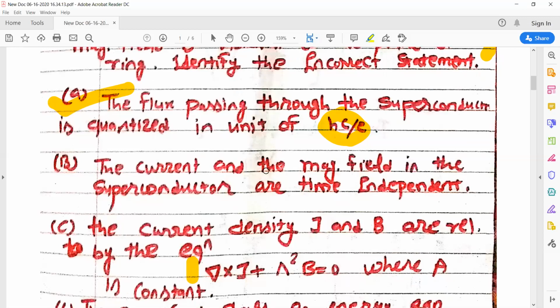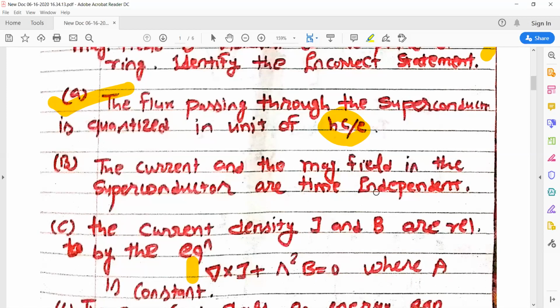टाइम का यहाँ पर कोई नहीं आता है, जैसे हम ऑप्शंस भी देख सकते हैं। नॉर्मली यहाँ पर आपको जो पहले फॉर्मूला शीट मैंने बताया था, वहां पर भी जो लंदन इक्वेशन आपने देखा था, ठीक है, ये सारी चीज़ें लंदन इक्वेशन से आती हैं। करंट और मैग्नेटिक फील्ड का जो रिलेशन है, तो वहां पे हमने देखा था Js इज प्रोपोर्शनल टू द A। ओके, बेसिकली Js इज इक्वल टू माइनस नी स्क्वायर A बाई m, ये था। ठीक है, तो वहां पर हमने देखा है टाइम पे वो डिपेंड नहीं करता है।